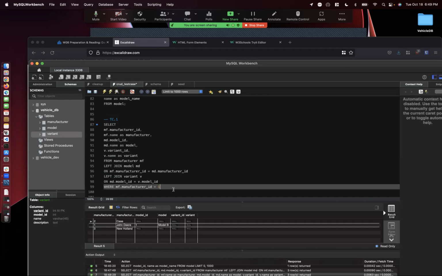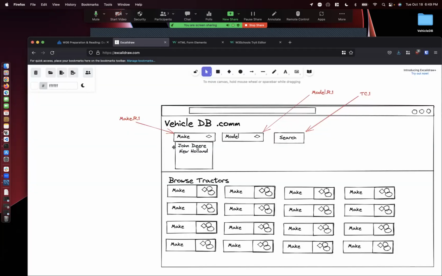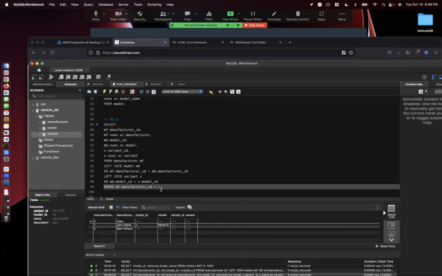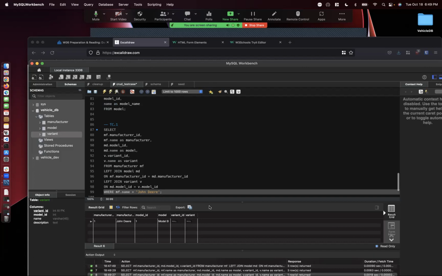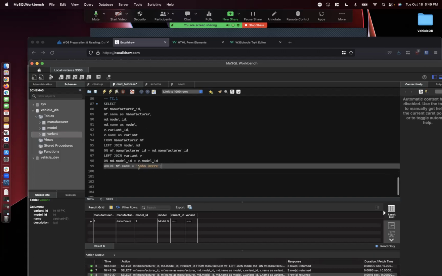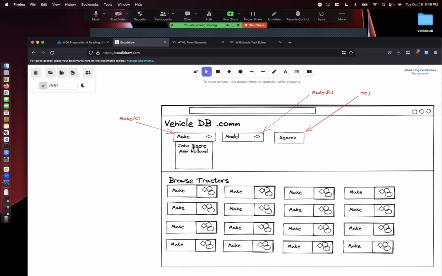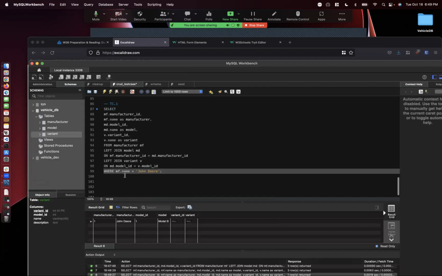So we're going to just say one, because if I choose John Deere from here, it's just going to be one. Now, if you didn't want to do it that way, you could actually just say where the mf.name is equal to John Deere. Right, completely up to you, however you want to handle it. But we don't actually have to put anything dynamic there. I'm just going to pretend that someone chose John Deere. So they clicked on John Deere, click search. So when you hit search, this is the code that will run to pull the results,